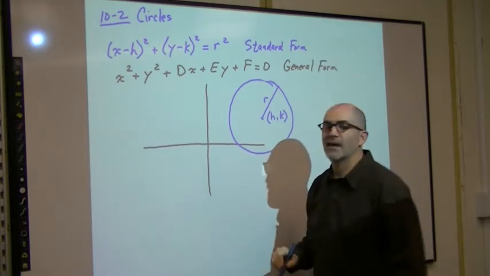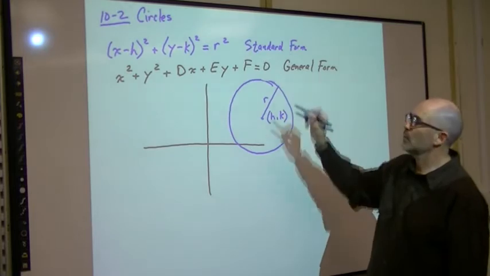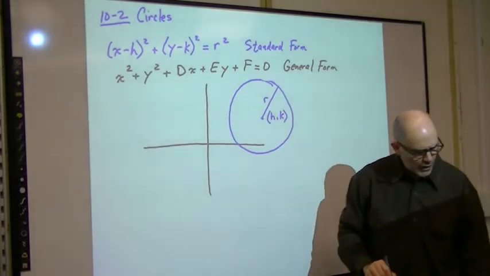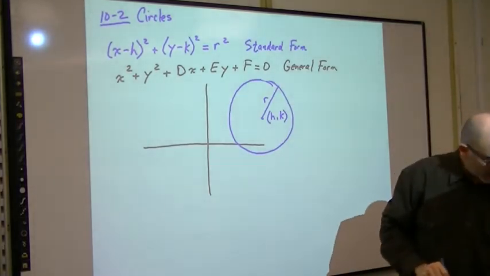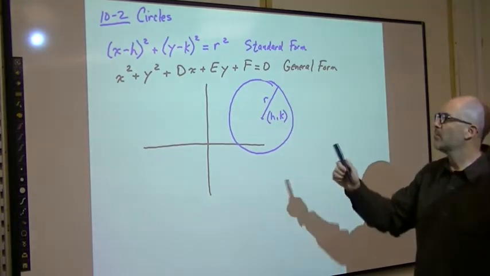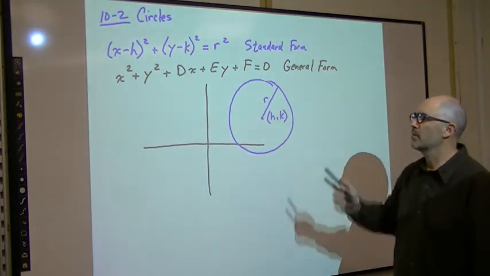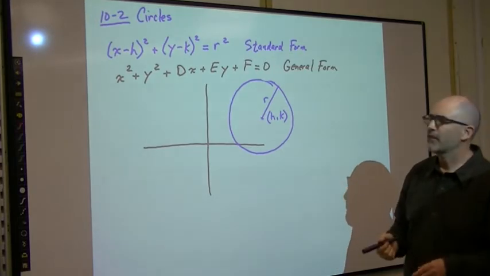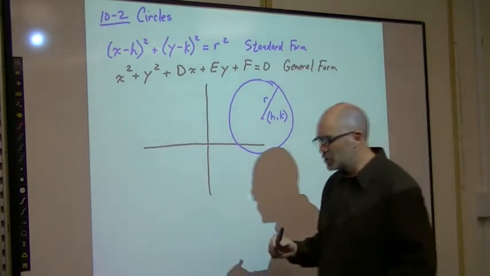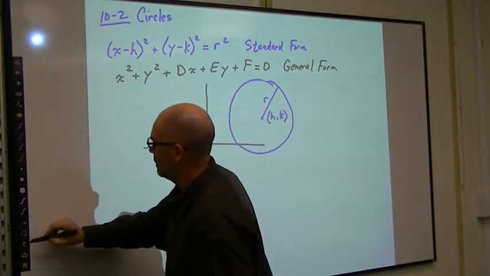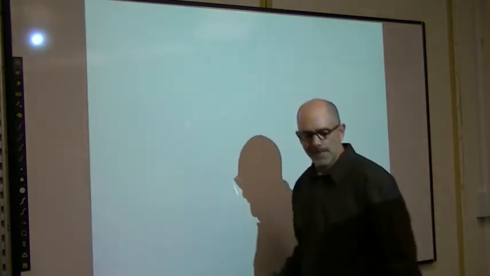It occurred to me we didn't have an equation at all until we have an equal sign there. So, okay, now basically what we're going to be doing is going back and forth from standard form to general form and graphing circles. So let's check that out. So first of all, what we want to do is do some graphing of circles. So if we have a circle,